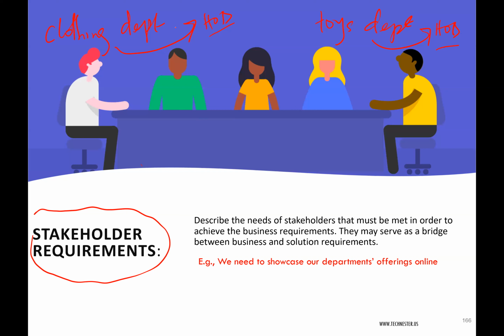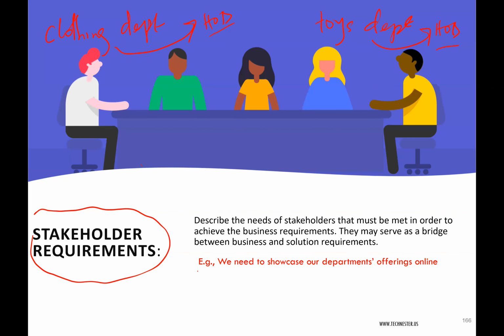Those requirements must be in line, must proceed from the business requirement. I use proceed carefully here. So you don't think because we have a business requirement, we'll just come up with stakeholder requirements from the business requirement. No, you now go to the stakeholders to meet with them and say, based on this organizational requirement, based on this business requirement, what would you need? So if you have 150 stakeholders, you have to gather all their requirements. Okay.